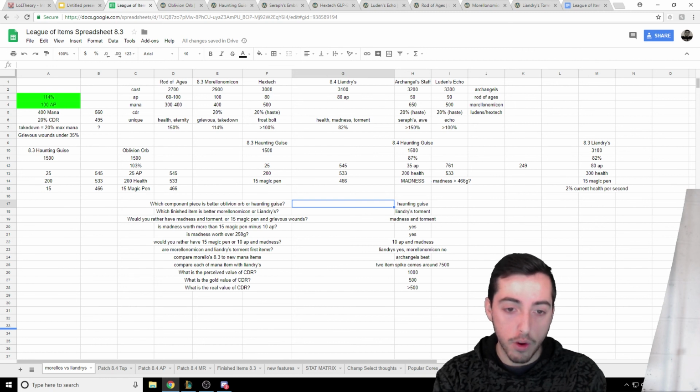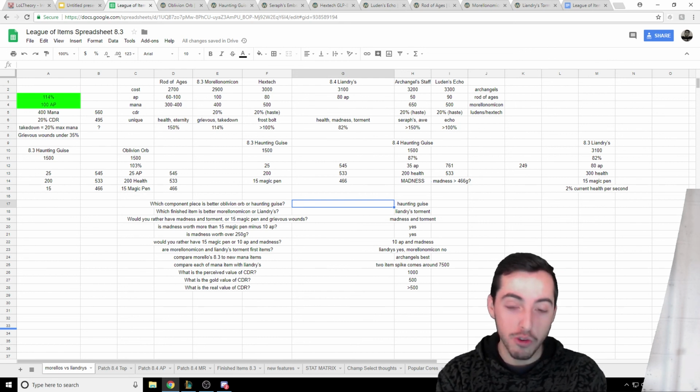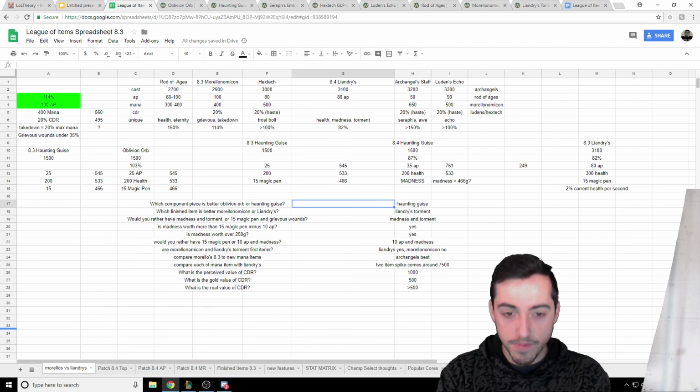Compare Morello's 8.3 to the new mana items. Which one's the best? Archangel Staff, still the best. I'm sure some people are going to disagree with me on that because they like items doing things like shooting damage, but whatever. Compare each of the mana items with Liandry's. So now the 2-item spike is going to come around 7,500 gold. I think overall,